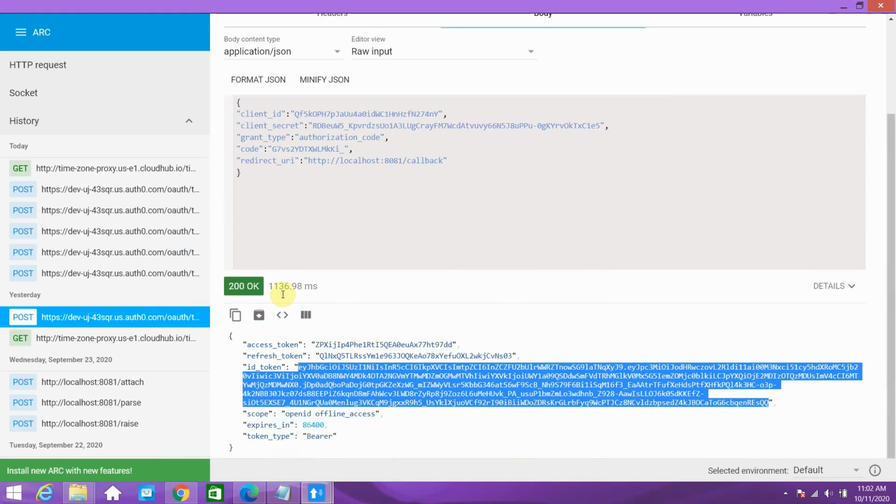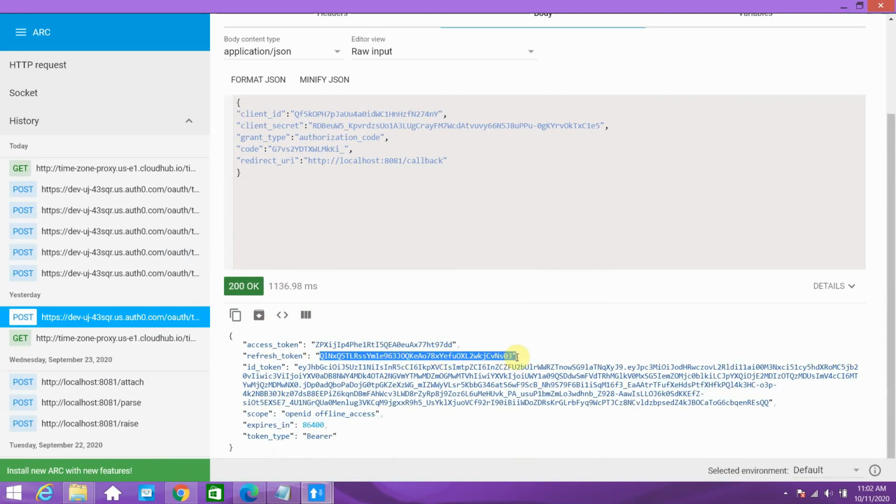Now, in future, I don't want to do authorization again and again, just go and get the authorization code, then again the token. So what you can do now, you got this refresh token. This refresh token can be used to generate this ID token and the access token. So now we will make use of grant type refresh token. Copy this refresh token.